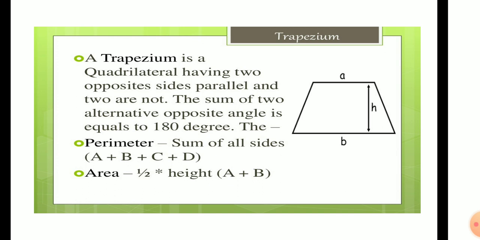You can go through the NCERT and remember this also: for a trapezium, if one pair of sides is parallel, that is a trapezium. And perimeter of trapezium, you know, is the sum of all sides, and area is 1 upon 2 height into the sum of parallel sides. This is a very, very important formula, and there is a very important derivation also.